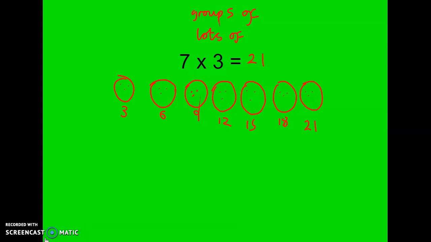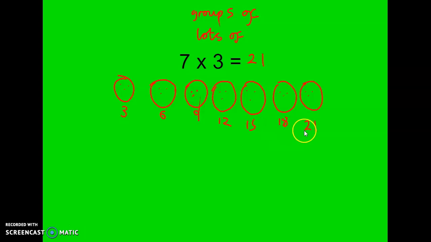So can you see here that I have drawn a picture to help me? I have drawn 7 groups of 3: 1, 2, 3, 4, 5, 6, 7. In each group, I've put 3 dots. Now, counting in threes is quite tricky. So to help me, I've written the numbers at the bottom here. Can you see? So that I don't get confused. So I've done 3, 6, 9, 12,